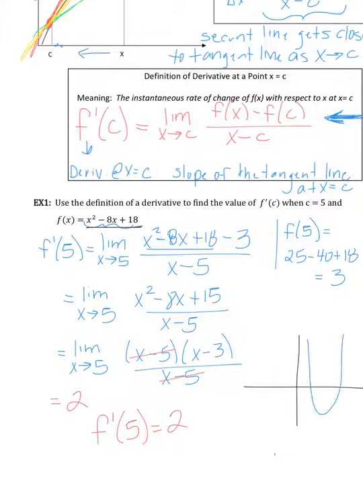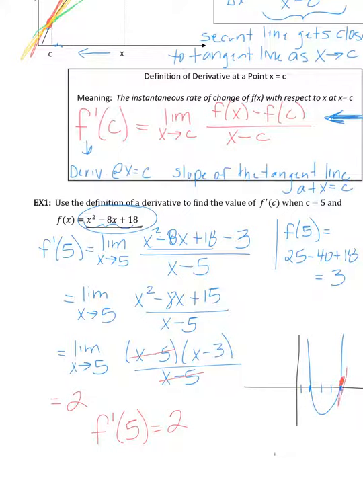Wherever this is, I'd have to factor that and see what it is, but it's going to be an up parabola, et cetera. What I'm saying is at x equals 5,